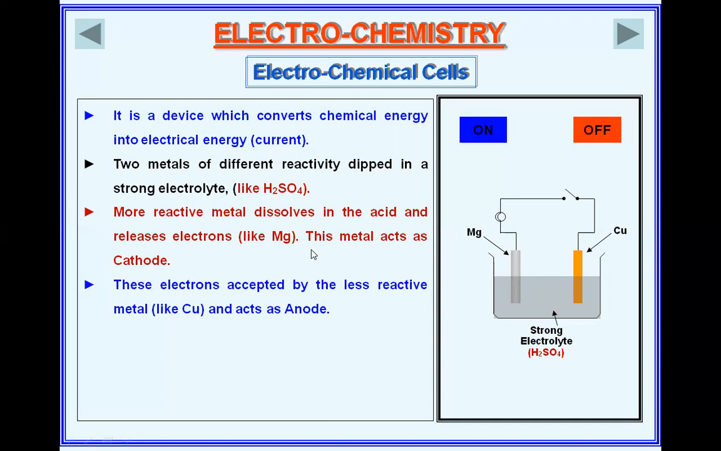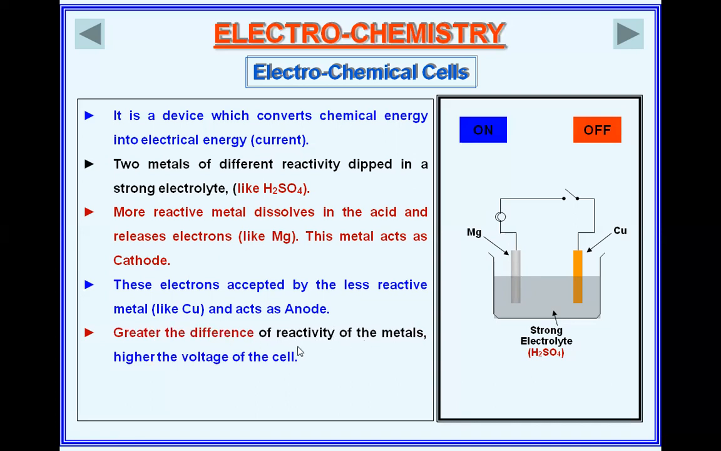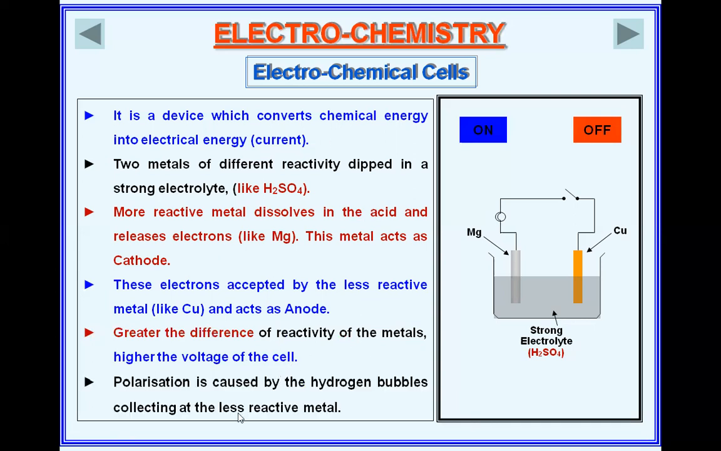I told you several times, the direction of electrical current in the cell is different from the electrical circuit in an electrochemical process like electrolysis. So these electrons are accepted by the least reactive or less reactive metals like copper, silver. The greater the difference of reactivity of the metals, the higher the voltage of the cell. What does it mean? It means